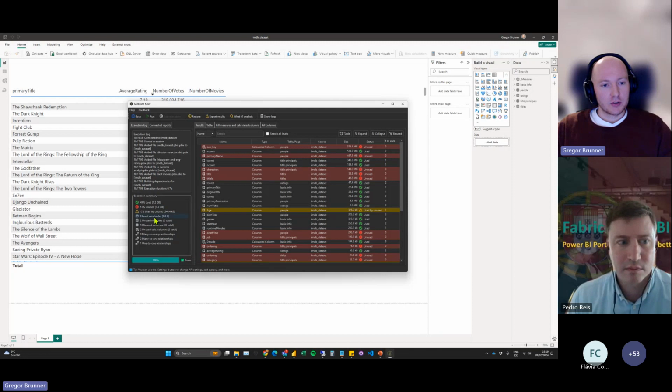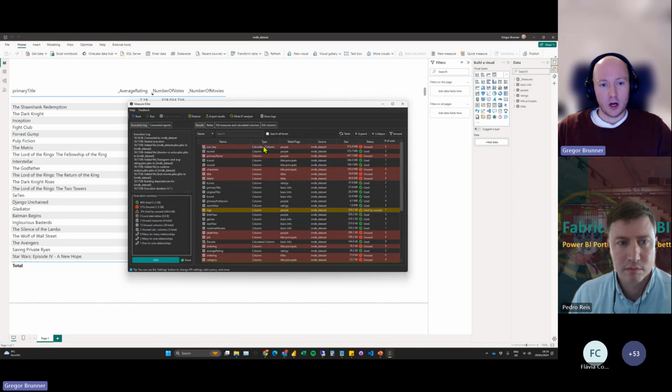And here we can also see, for example, if we have local date tables, obviously I don't have those, but in some cases, maybe you got them from someone, and maybe you also want to kick them out. We can see how many unused measures, unused columns we have, also calculated columns, and some stuff about relationships. But what is more interesting, obviously, is this output here.